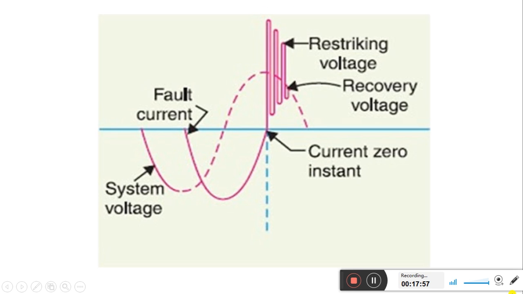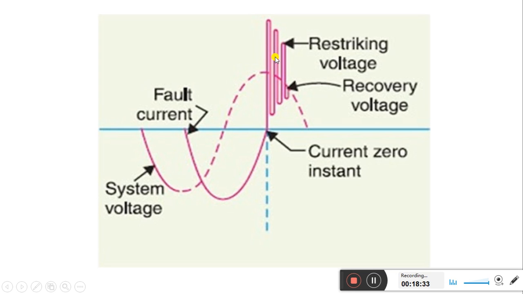So because of these energy storing devices, when current tries to reach zero, it means from maximum it has reached zero, and then further it is going to increase. Because of the change in the current at current zero position, high frequency oscillations in terms of voltage transients are developed across the circuit breaker contacts. These are shown by vertical lines. These are the high frequency oscillations, and these